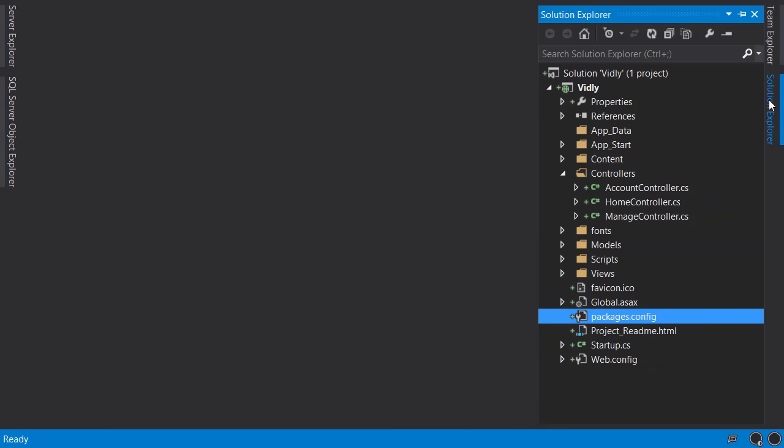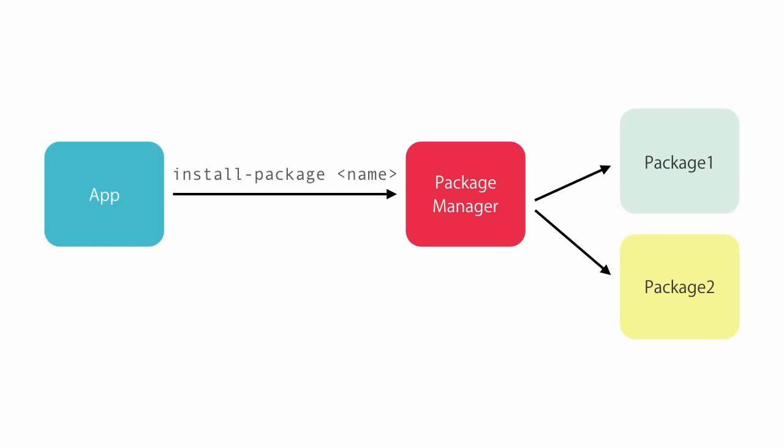Next, we have packages.config, which is used by NuGet Package Manager. If you have never worked with NuGet, it's a package manager similar to NPM or Node Package Manager or Bower. If you have never worked with any package managers before, we use them to manage the dependencies of our application. So let's say our application has dependency to 5 external libraries. Instead of going to 5 different websites for downloading these libraries, we use a package manager, and this package manager